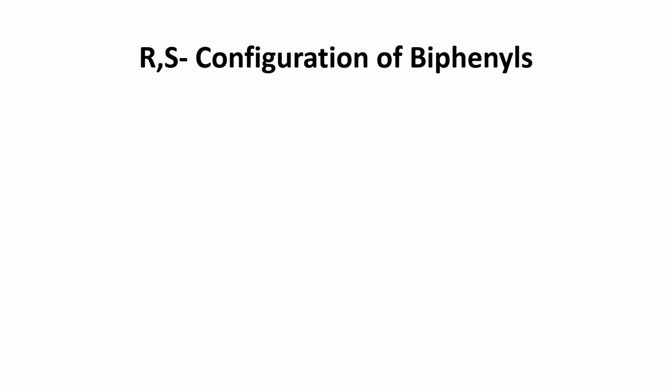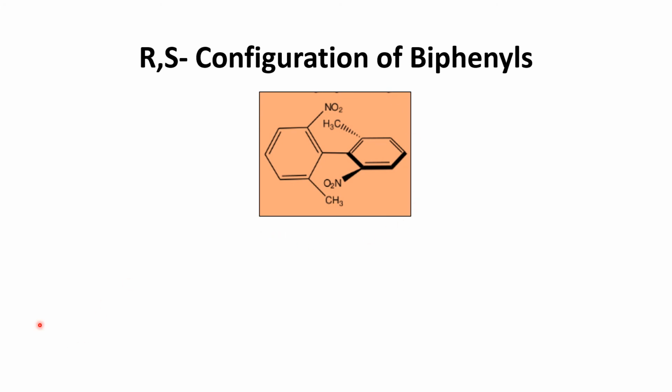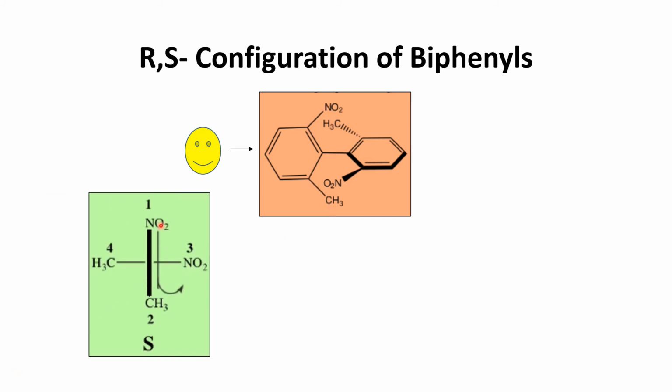How to find out the R/S configuration? R/S configuration of biphenyls. See, this is the biphenyl structure. Okay, if you view in this direction, what will it be? We have to give preference to this one. This is the solid line. Solid line, where do we have to write it? Yes, we have to write it in the vertical line. So NO2, CH3 as such we need to write. And then we need to move to these 2 carbon atoms. So another one is CH3 and NO2. This is the wedge one, the solid wedge one, we have to write it on the right side. NO2 and CH3 should be on that side. So first preference 1, 2 we have to give. After that we move to this carbon atom, and this is 3 and 4. So 1, 2, 3 and 4, anti-clockwise, S.